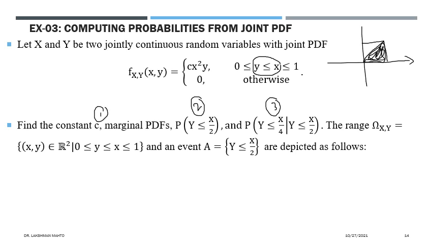What is the name of this equation? If I extend it further, the name of this equation is y equal to x, and we need a few more equations. What is the name of this equation? It would be y equal to x by 2. And what would be the name of this equation? 50% of this one, it will go this way. It would be y equal to x by 4. So using all this geometric explanation, you can easily calculate all these.